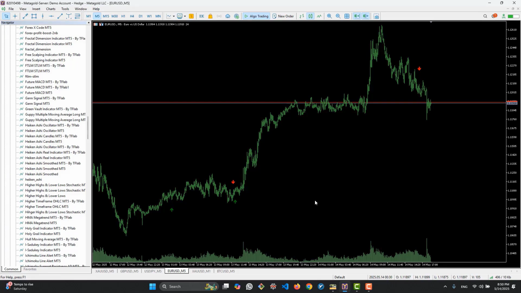These signals are generated using a combination of moving average indicators which are adjusted based on the symbol we are